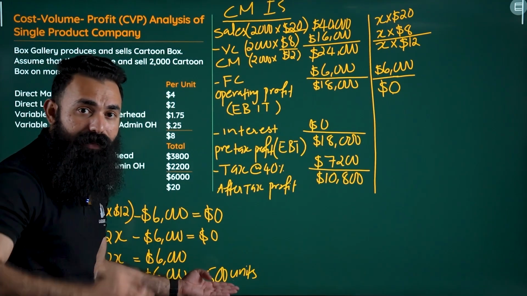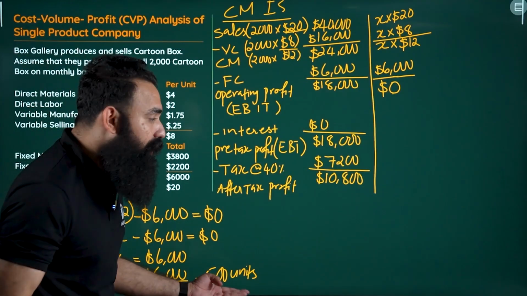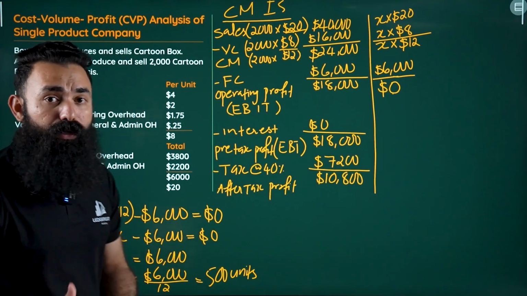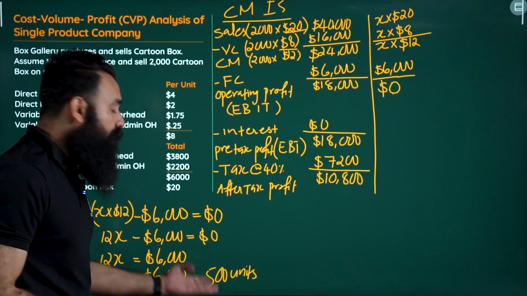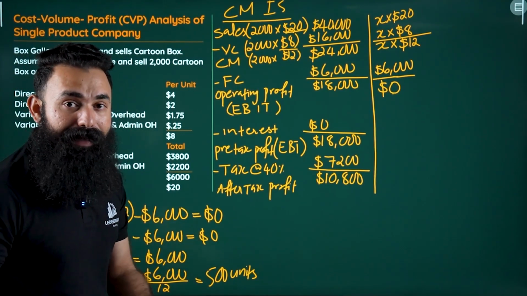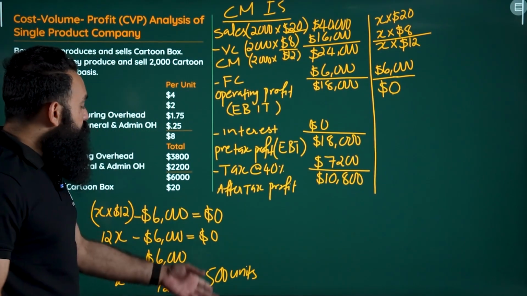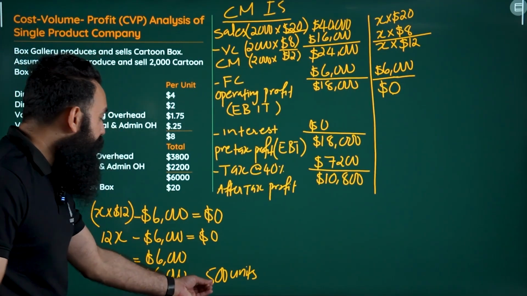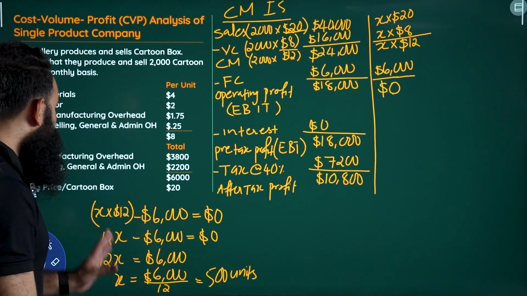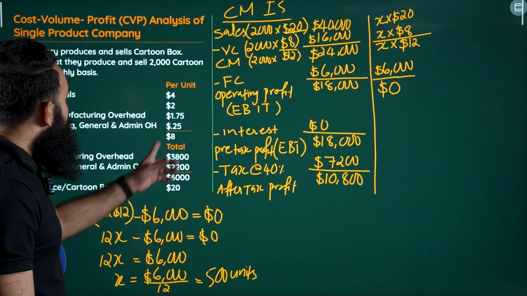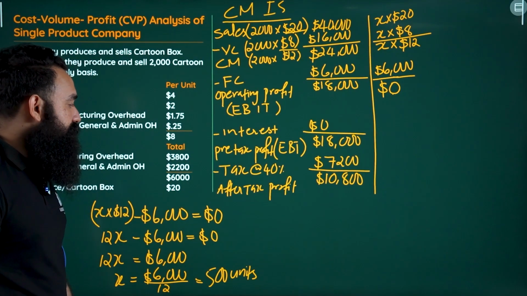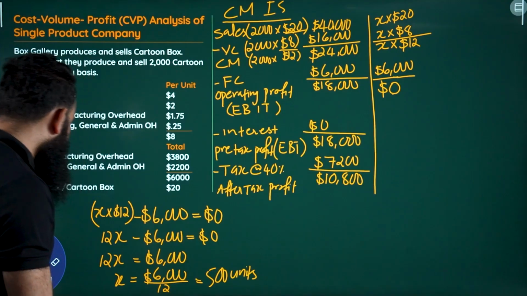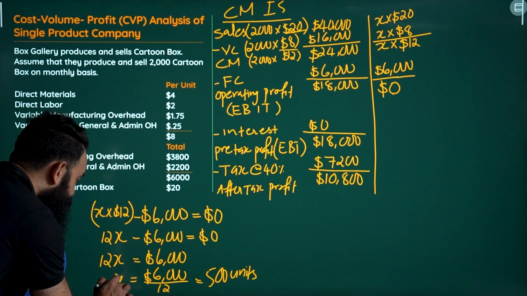If a manager asks, how many units must be sold to become break-even? We'll say this is 500 units. Then they will ask one more question: what is the break-even sales value in terms of dollars? We just need to multiply this unit by the selling price. We'll get the sales value as well. Break-even sales value. So this is break-even sales units, and